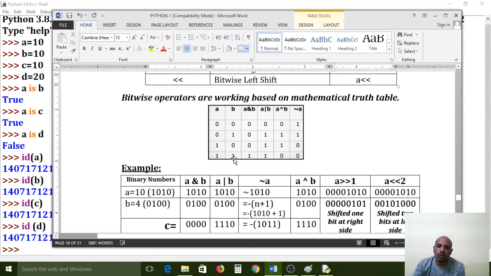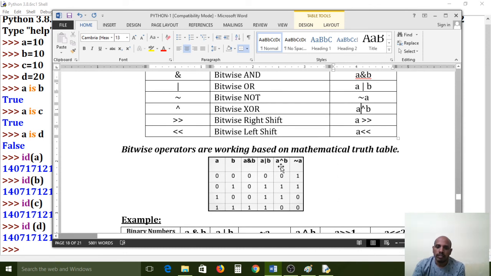Here both bits are true, so it is true. A XOR B means any one bit should be true. If both bits are the same, it is false.